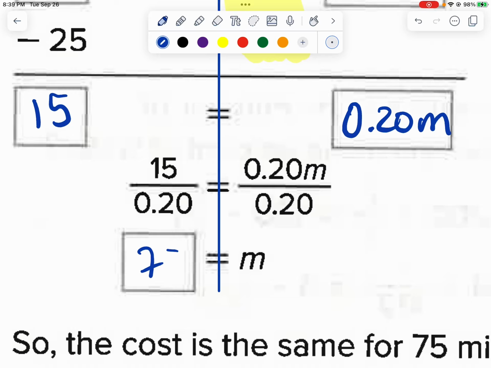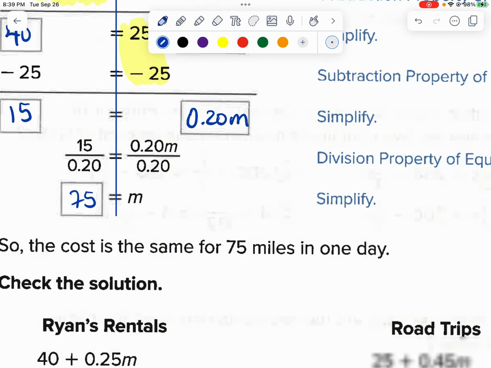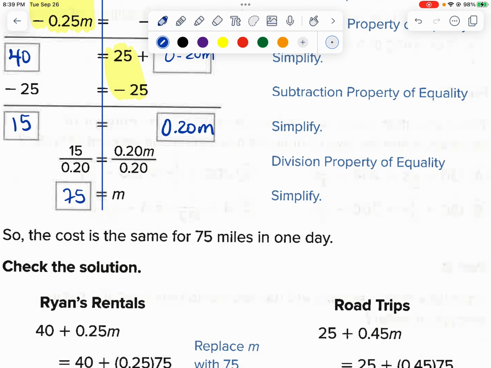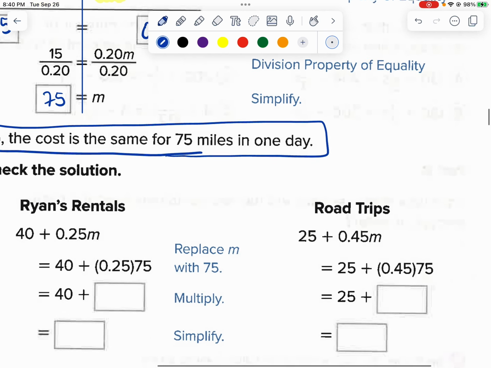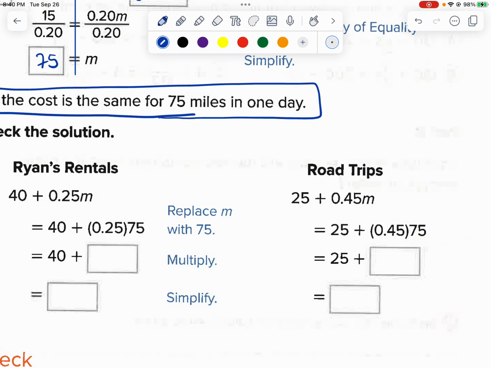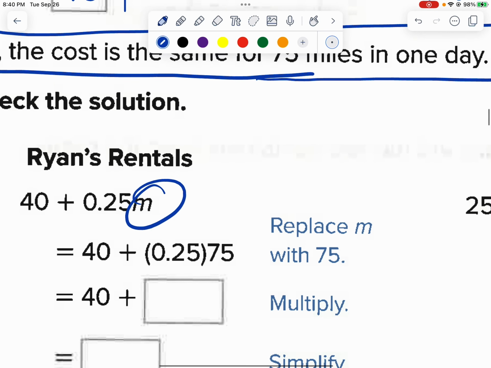And when I do that, I get 75. So, in one day, if they go 75 miles, the cost will be exactly the same. Okay, so if I plug that back in, I replace the M with the 25 cents. 75. Nope, I did not say that. I apologize immensely. If I replace it with 75, sorry about that,